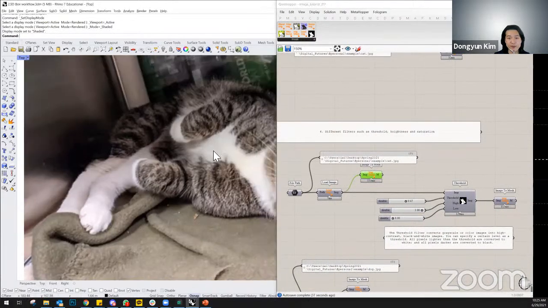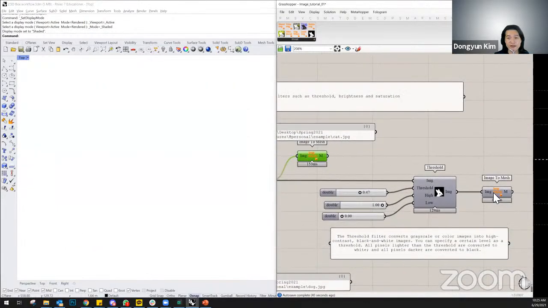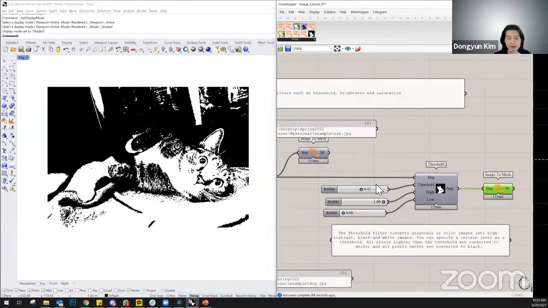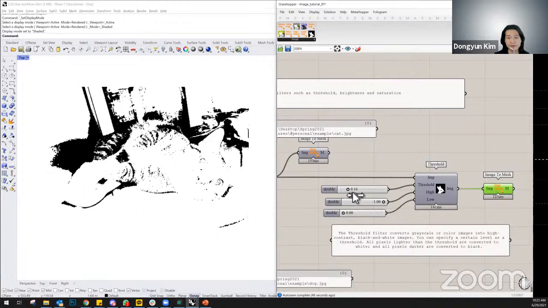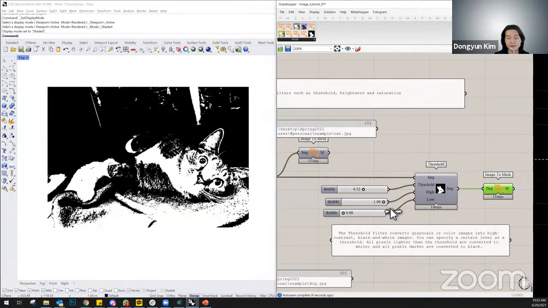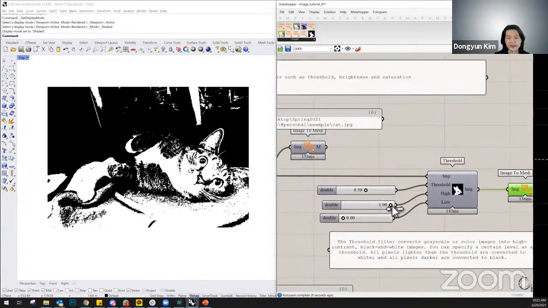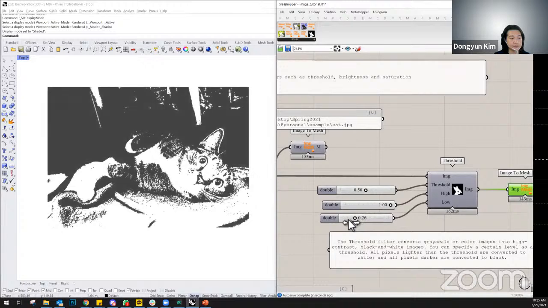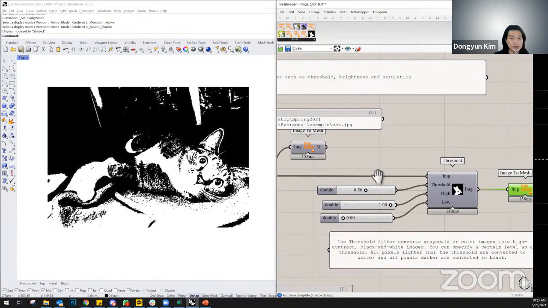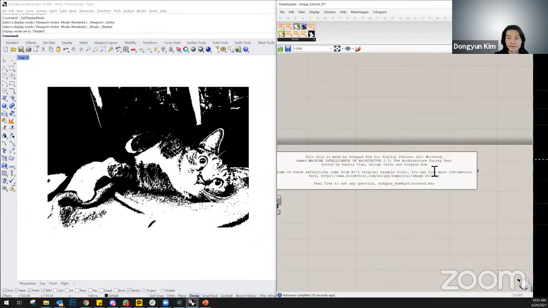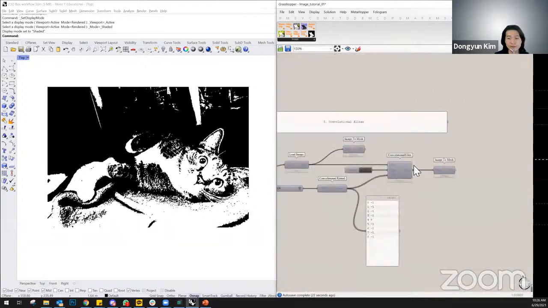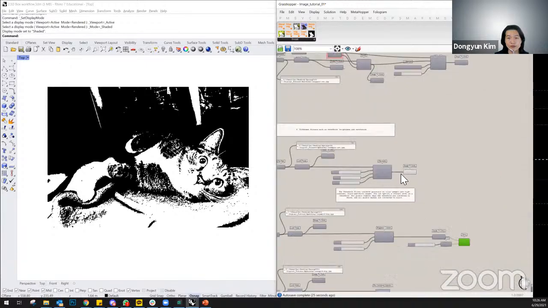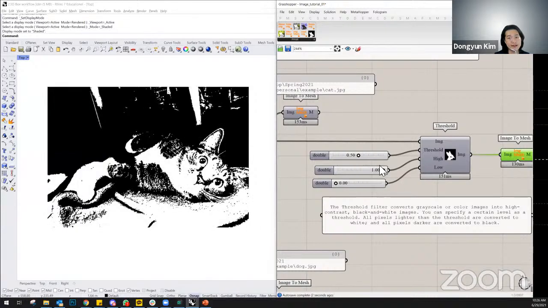Yeah, and then I also imported the cat image, and you can change the threshold, and then you can set the basic high and low values. Yeah, actually, is it from here? So, I think it's pretty meaningful